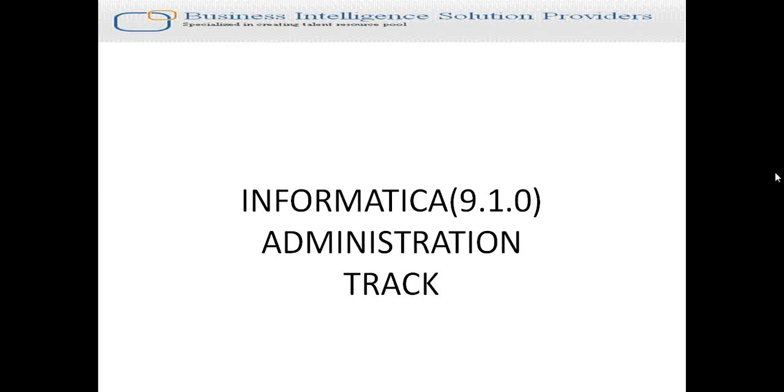Let's say you are the one who is maintaining the production environment using Informatica along with the rest of the technologies. You'd have a clear idea of what would happen at the back end if you click on something. Or let's say you have been asked to do a task and you have various options to deal with it, and what those options are and how they would help to fulfill the requirement. I hope everybody is here for the same reason, so let's not waste any time and carry on with the